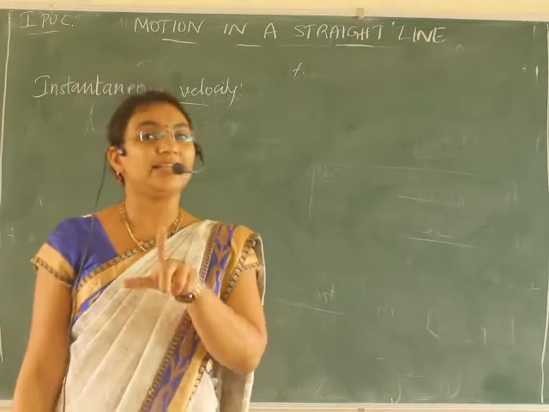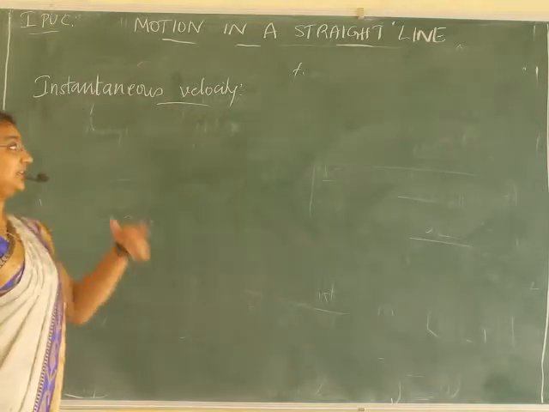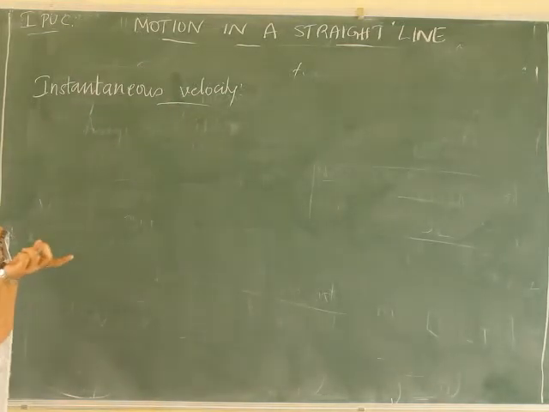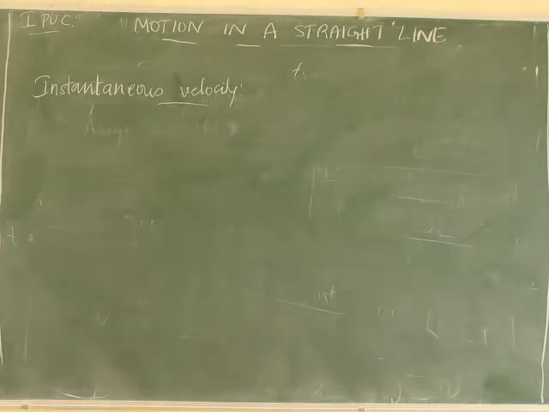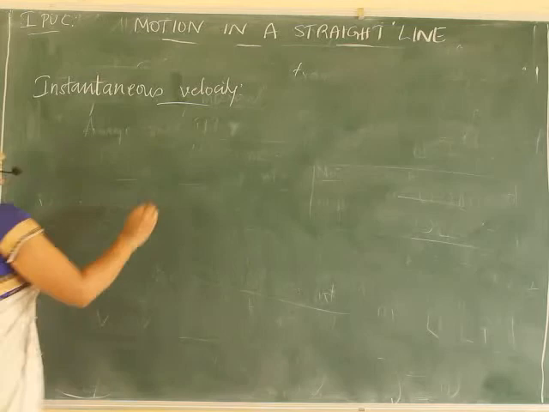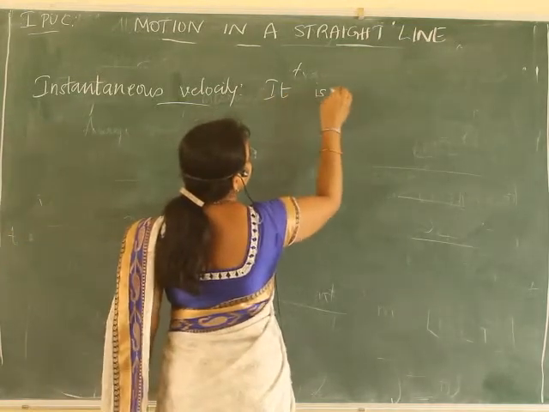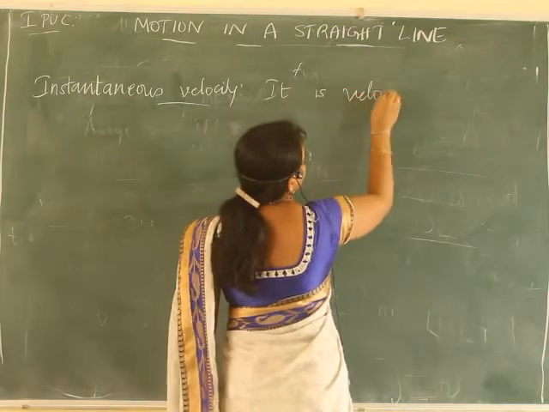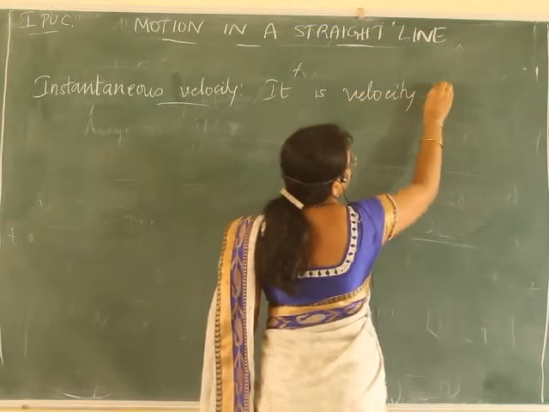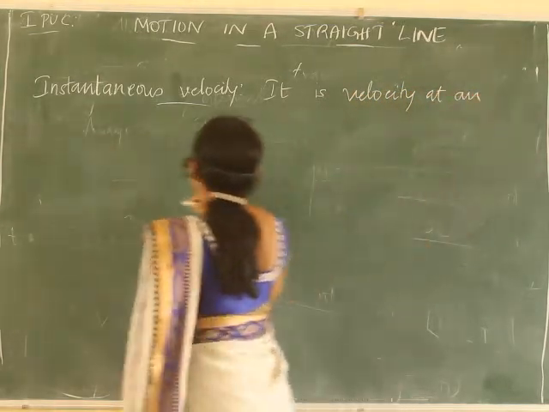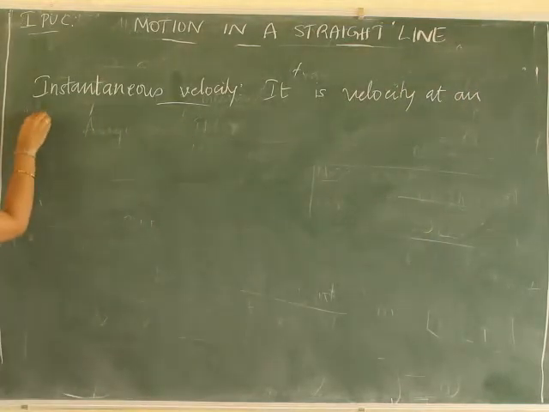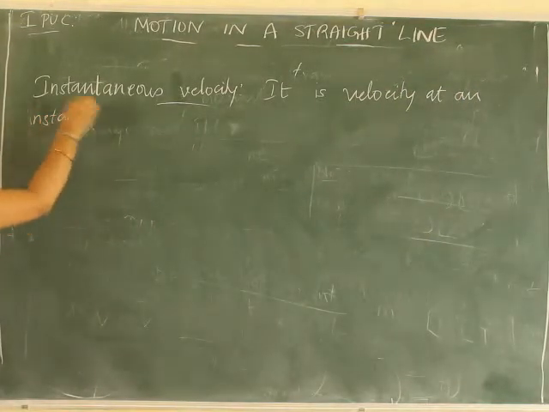That is nothing but instantaneous velocity. So whenever we define instantaneous velocity, we say it is a velocity at that instant, or it is a velocity at an instant, okay,